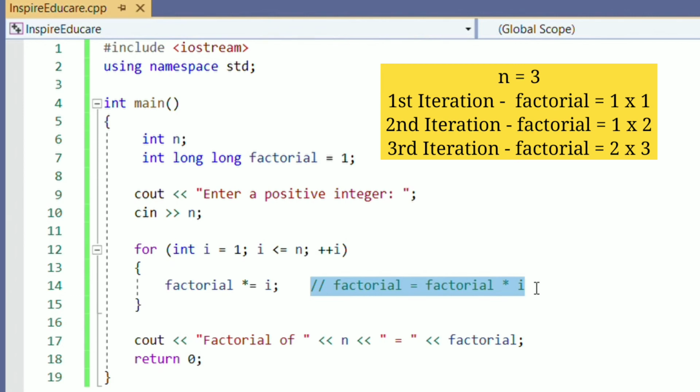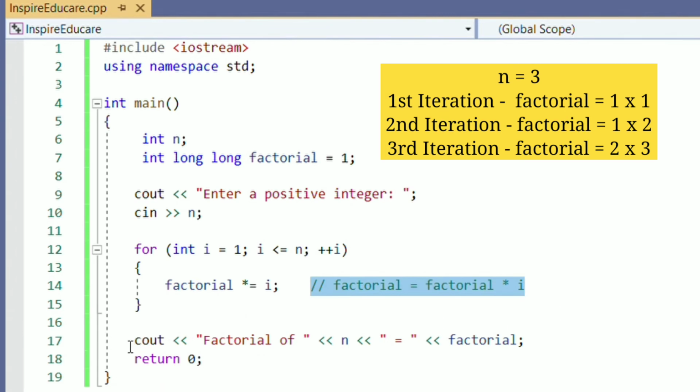Then value of i will be increased and it will become 3. So now value of factorial was 2. So 2 into 3 will be 6. So therefore value of factorial will now become 6. Then value of i will be increased by 1. But this time the condition will become false. Therefore the control will not enter into the loop.